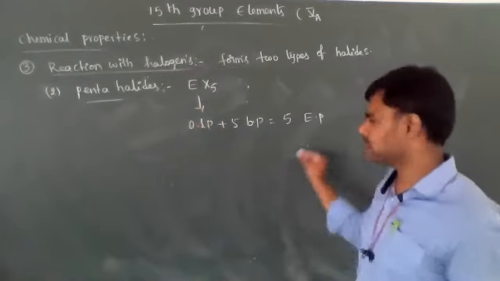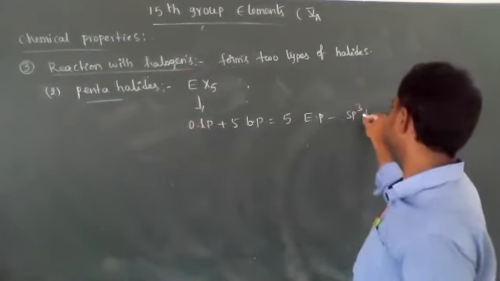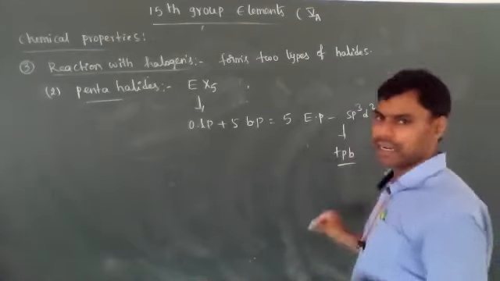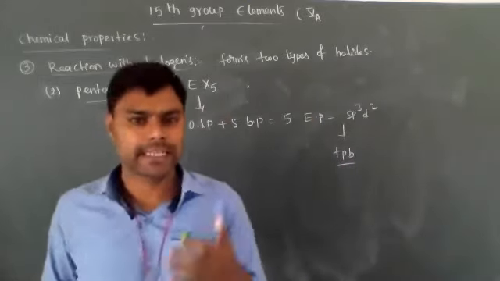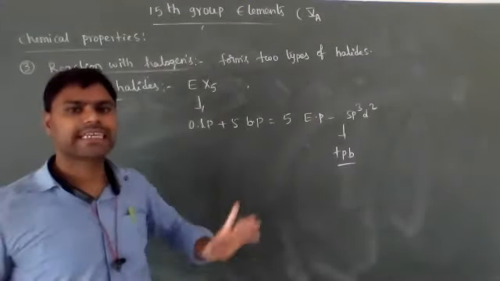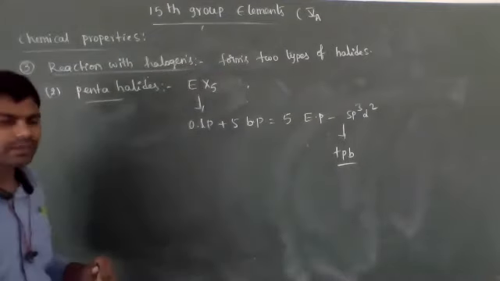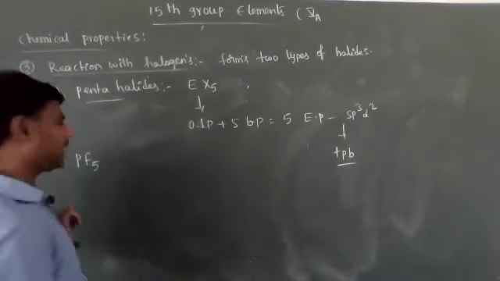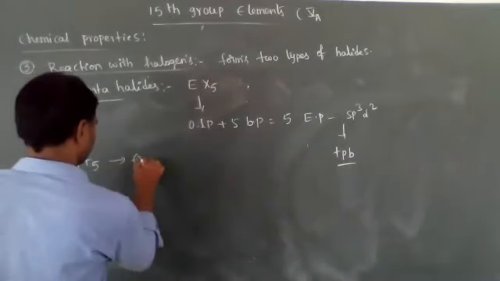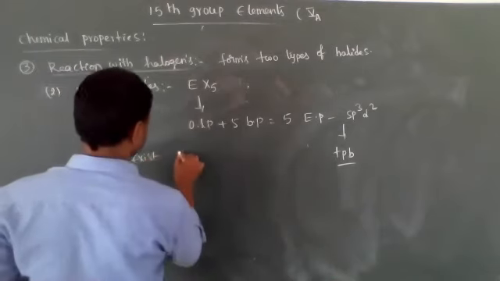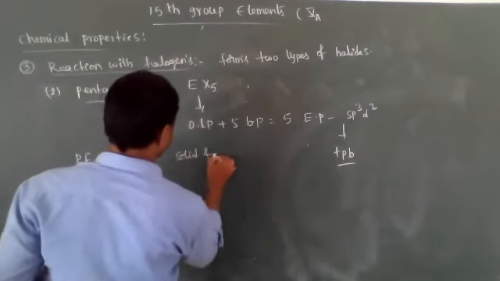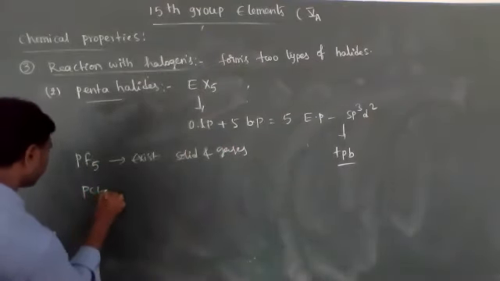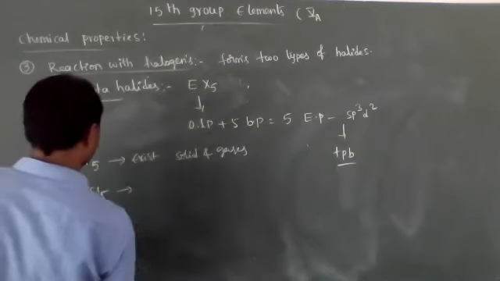Five electron pairs means sp3d hybridization and trigonal bipyramidal geometry. Okay, let's see PF5, phosphorus pentafluoride, exists in solid state and gaseous state. But PCl5, phosphorus pentachloride, exists